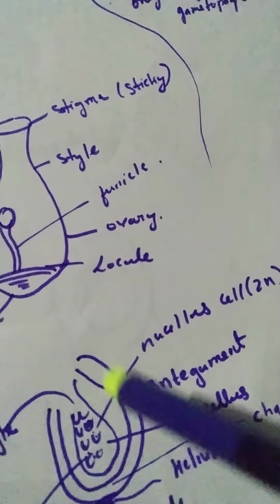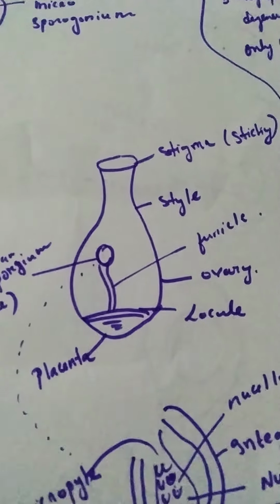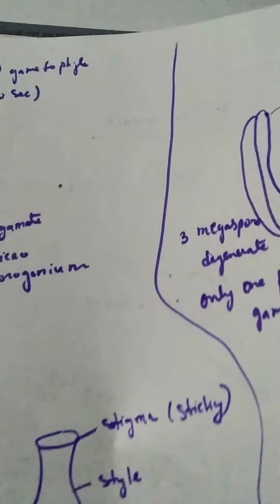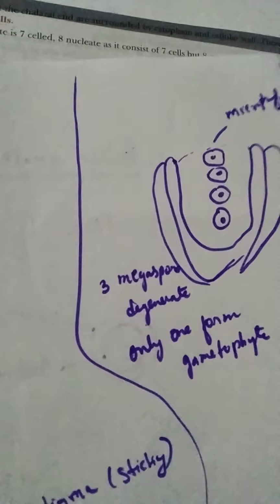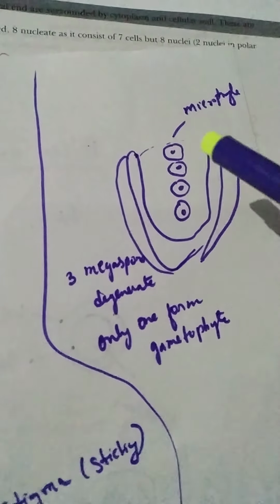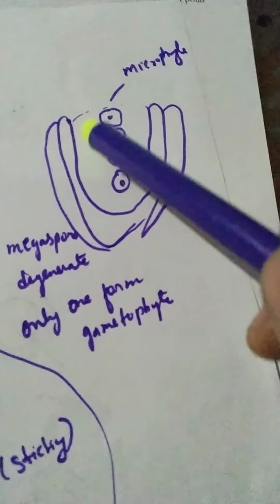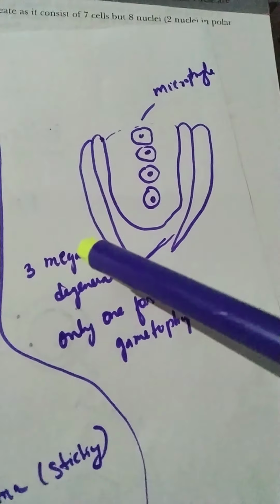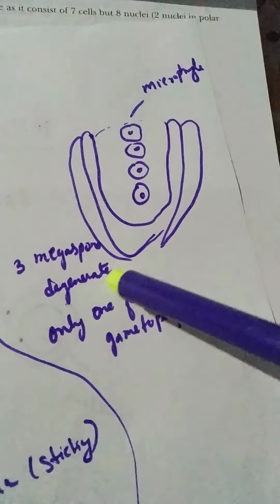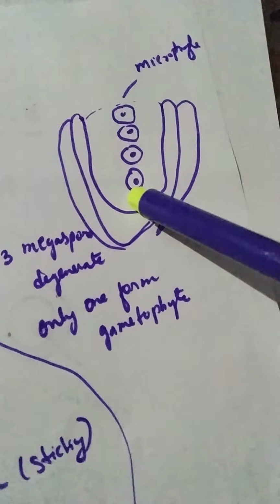mitotic divisions, the size increases, and from that nucellus cell only one of the cells starts dividing, and the others degenerate. From this the division occurs, and there 3 megaspores degenerate and only one forms the gametophyte, and from this one actually